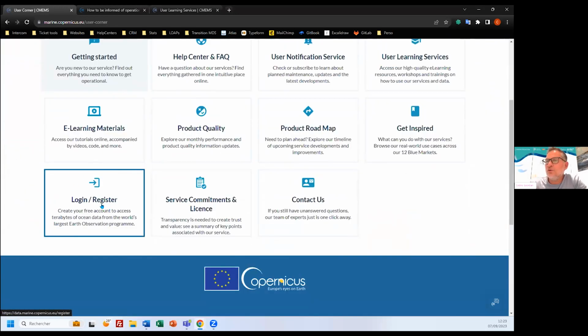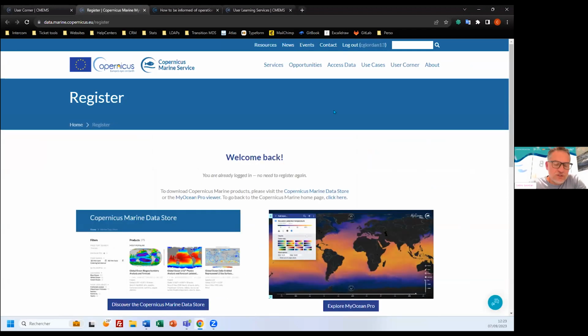The next box is to log in and register. You have to register to download data and to send us a message using the chat. I will show you later a specific form to contact us, but if you want to contact us through the chat, you have